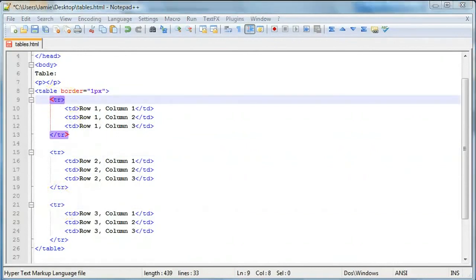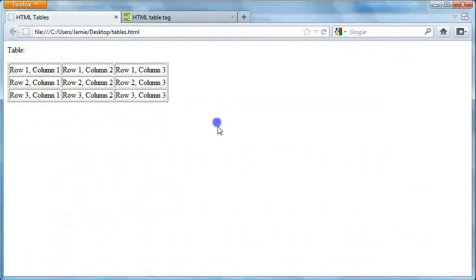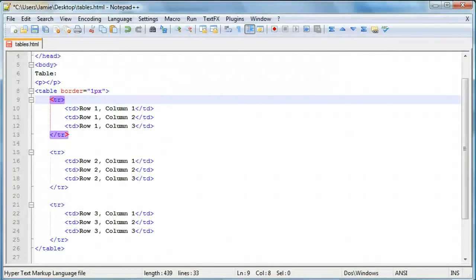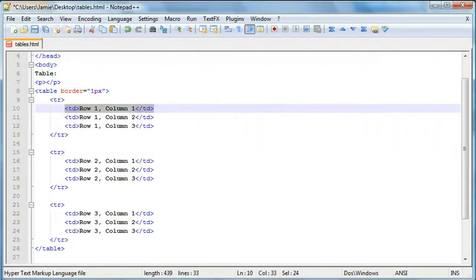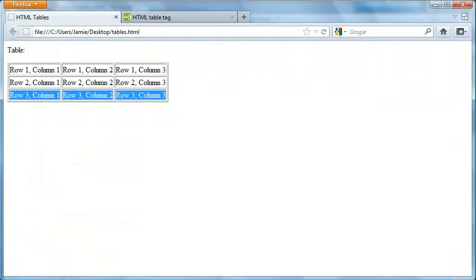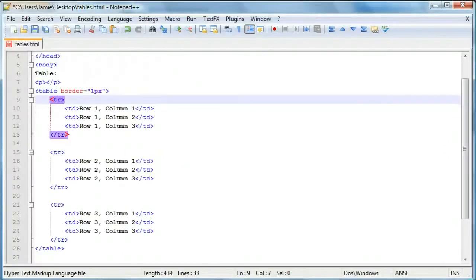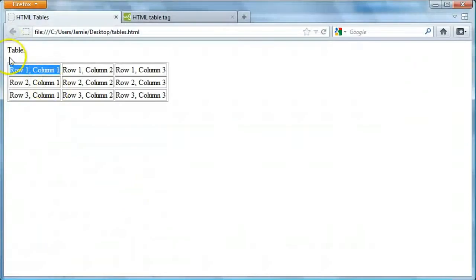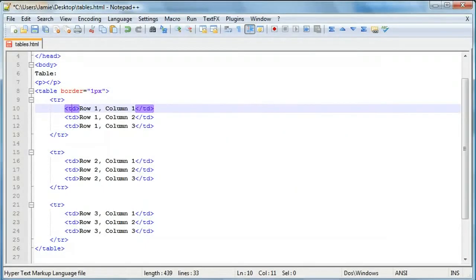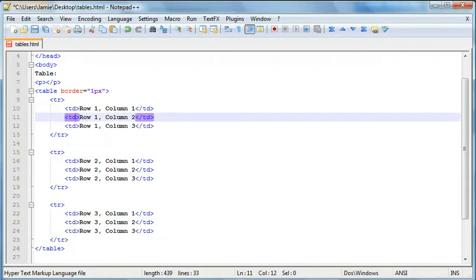This row right here corresponds to the first row, row 1, the second one corresponds to row 2, and the same for the third one. Within each row we have our 3 columns. This column right here corresponds to this spot right here. This is row 1, so this column is within the first row, and it's the first column within that row, so it's row 1, column 1. Let's say we want row 1, column 2, it's the second column that we have within our